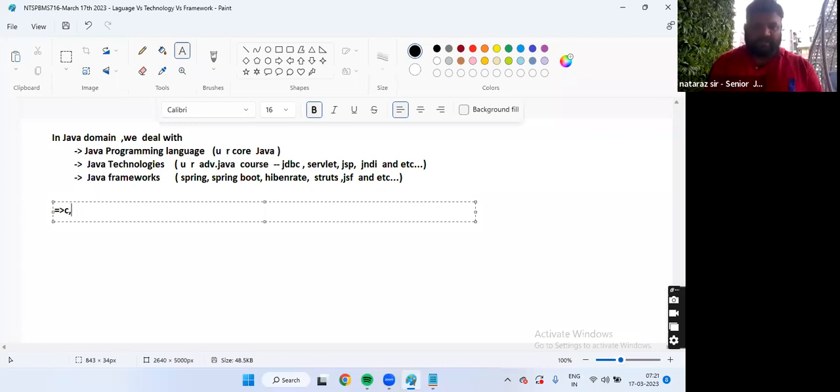C, C++, Java, C#, and etc. are called programming languages. What is this? Raw materials of the programming.